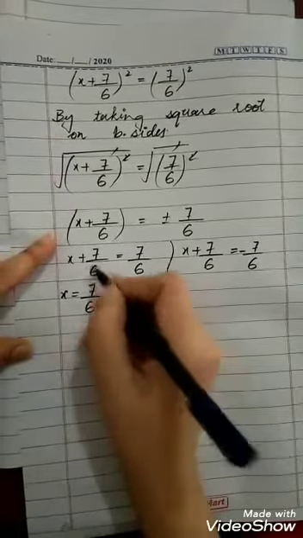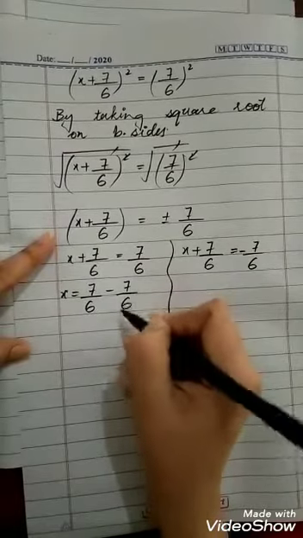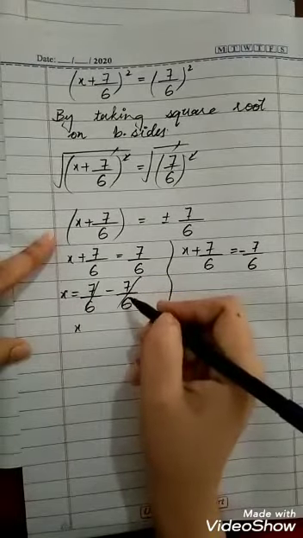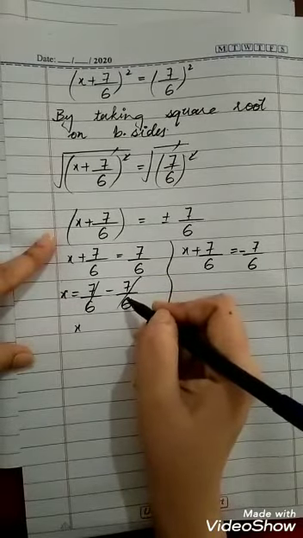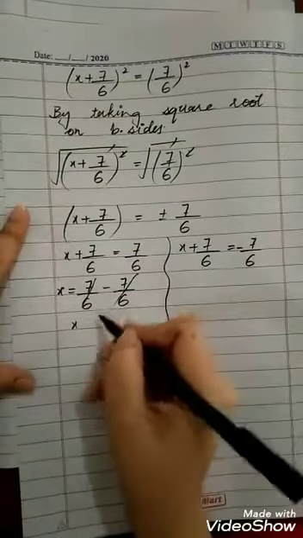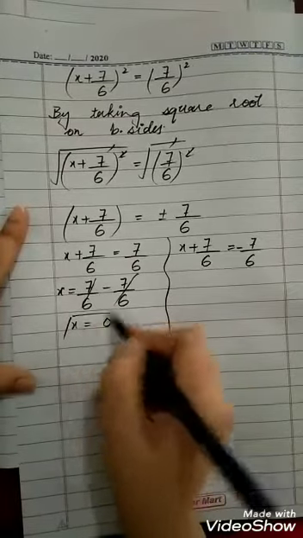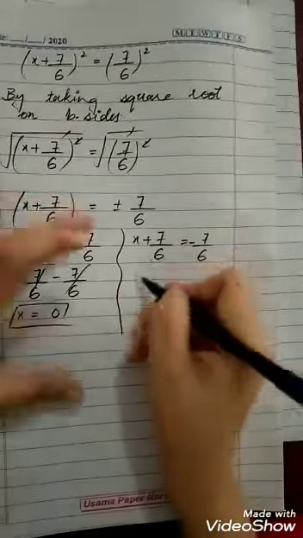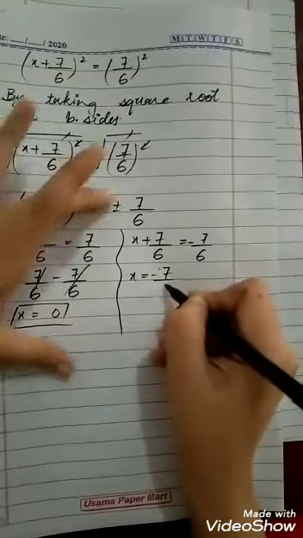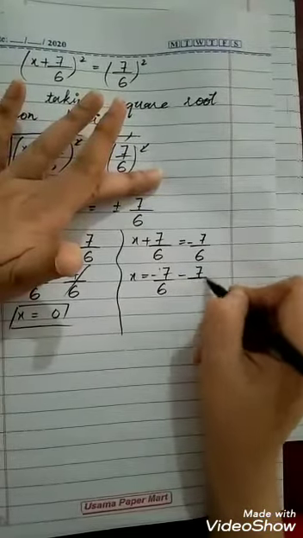7 by 6, and it will be moved to the right hand side, it will be negative, so both will be cancelled, because positive is here. On the other side the sign will be changed, it will be negative. Both cancel each other, so we got 0 here. The same way with minus 7 by 6, and that will be on the other side minus 7 by 6.